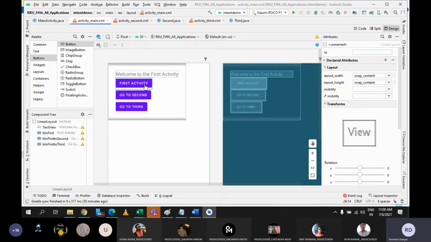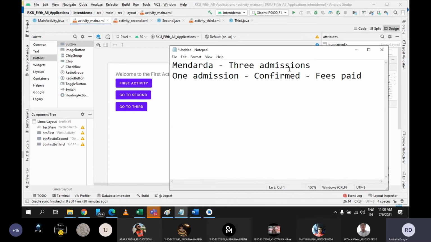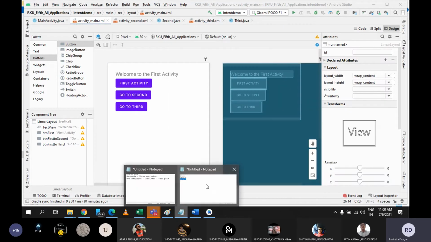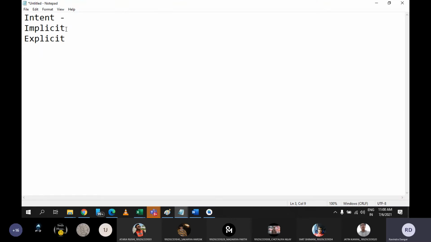Similarly, from my activity, if I want to send an email, if I want to send anything through WhatsApp, if I want to share a file, if I want to use the camera, if I want to use the file storage, whatever inbuilt activities or inbuilt functionalities I want to access, I can do that using intent. But for that, you need to implement the implicit intent. And if you open another activity from your activity, then whatever you do is known as explicit intent. Are you able to understand it?